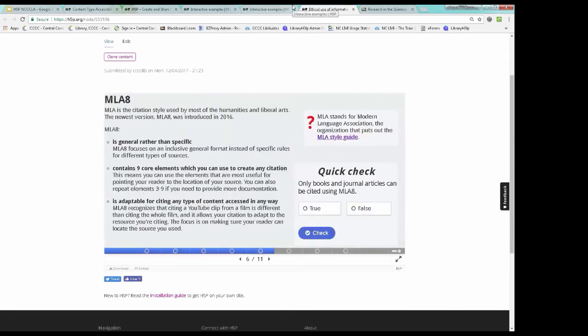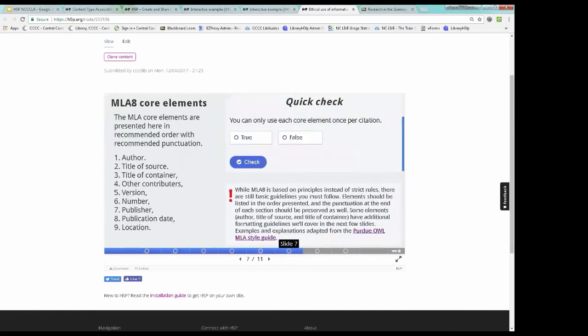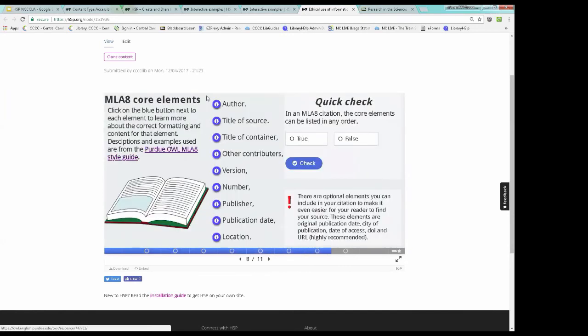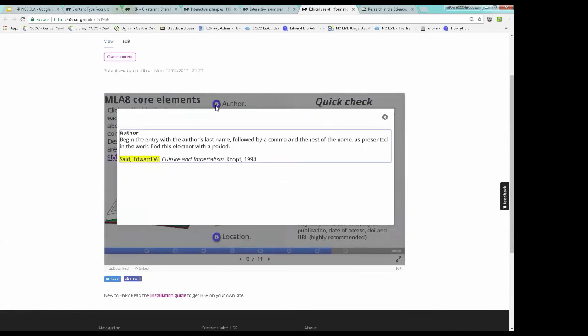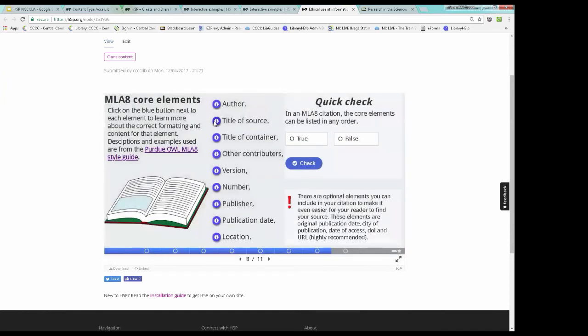Okay, MLA, et cetera, 9 core elements. One of the things we use a lot are little dots, and I think, yeah, here we go. So this allows us to put a lot of text on a slide without necessarily having a lot of text on a slide. So clicking on these will pull up a definition of what that element was, and then it closes it.